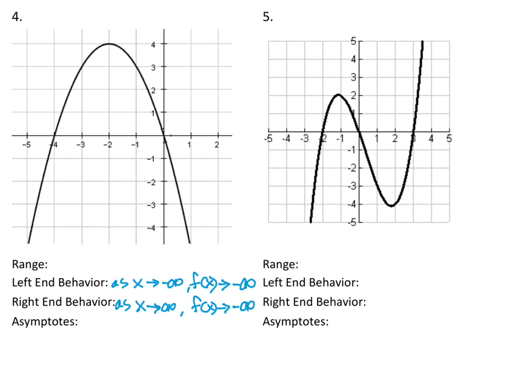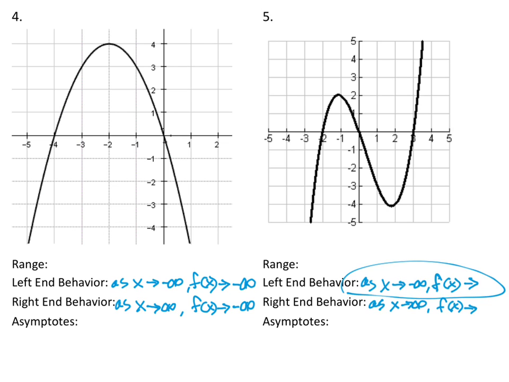I want you to see if you can get your end behavior on the right one. If you haven't done that yet, go ahead and pause and do that. Alright, so hopefully on your left end behavior you started with as x approaches negative infinity, f of x approaches. It always starts with that anytime you do left end behavior. Well, on the left side, this is going down forever, so I put negative infinity. On the right end behavior, this is going up forever, so the y value there is approaching positive infinity.